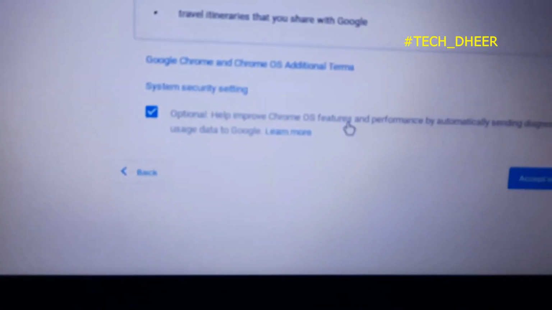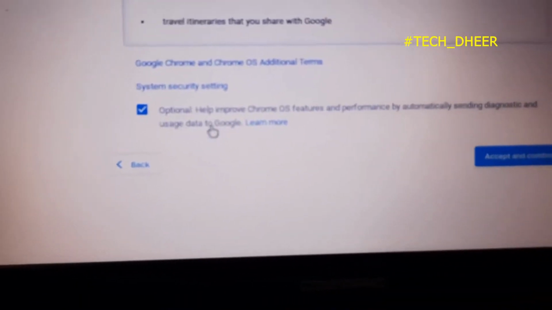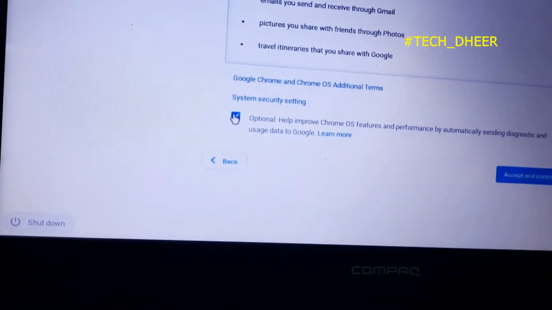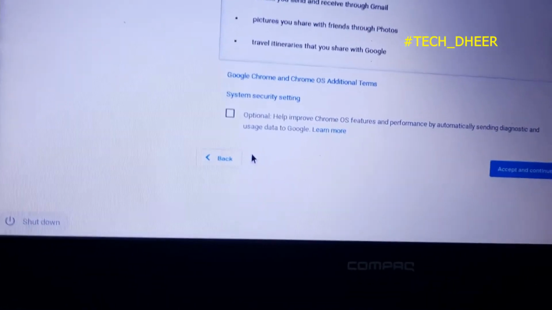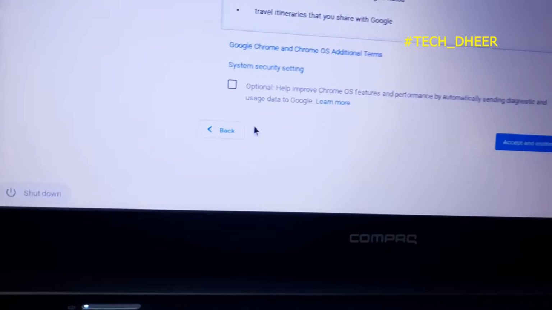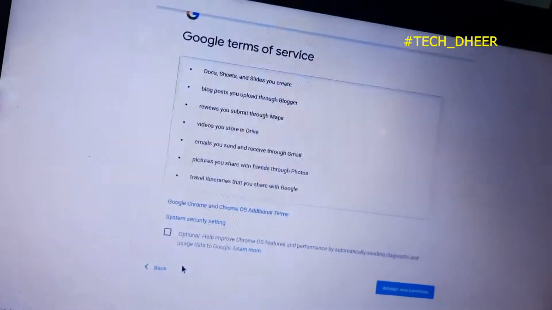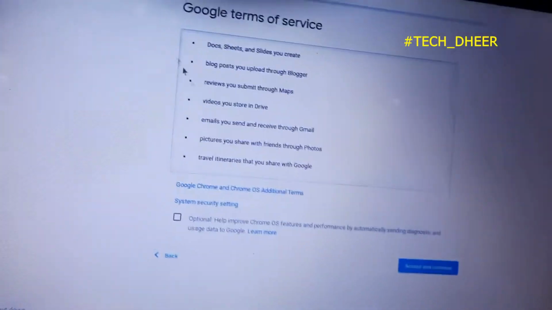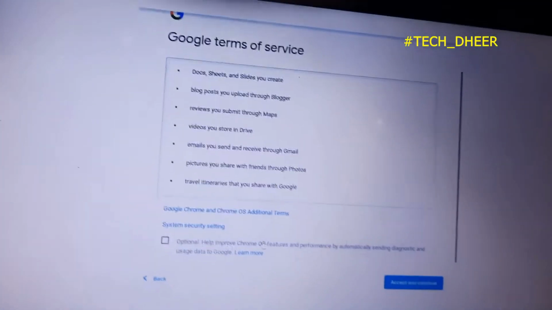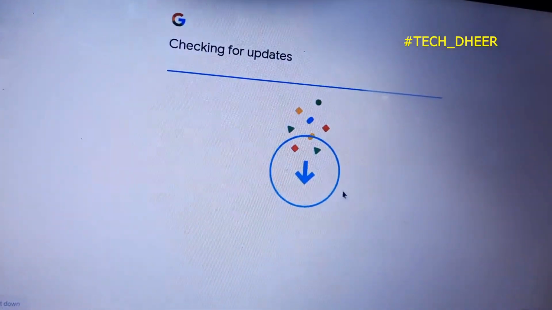Over here, optional: help Chrome OS features and performance by automatically sending diagnostic data. I always recommend to check this off. It's up to you whether you want to send your data, but I always try to keep this off, and then accept and continue.